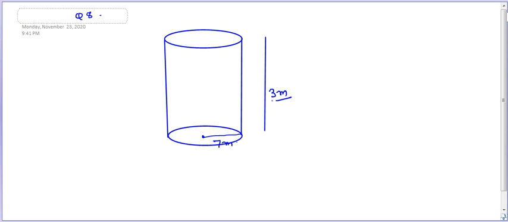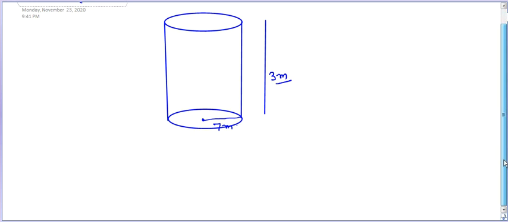So what is the meaning of closed? It means we have to consider the total surface area. जब भी सिलेंडर या कोई भी सिलिंड्रिकल वेजल क्लोज्ड होता है तो मोस्टली हम उसका टोटल सरफेस एरिया फाइंड करते हैं, ना कि कर्व्ड सरफेस एरिया. So the total surface area is given on page number 180. On page number 180, you can find the total surface area, and the area of sheet is equal to the total surface area of this cylinder.